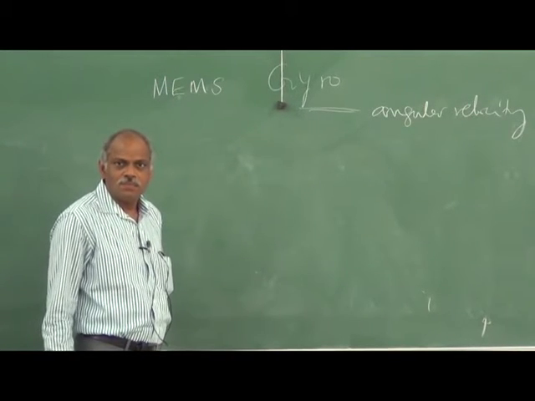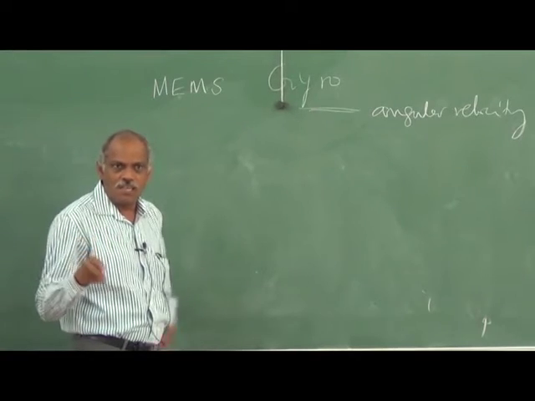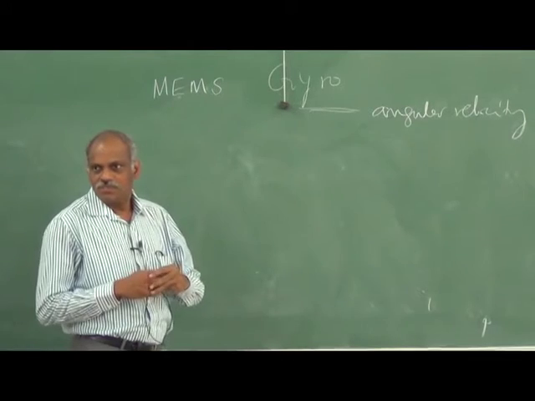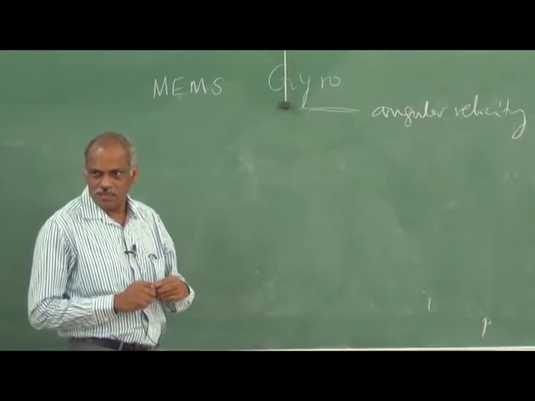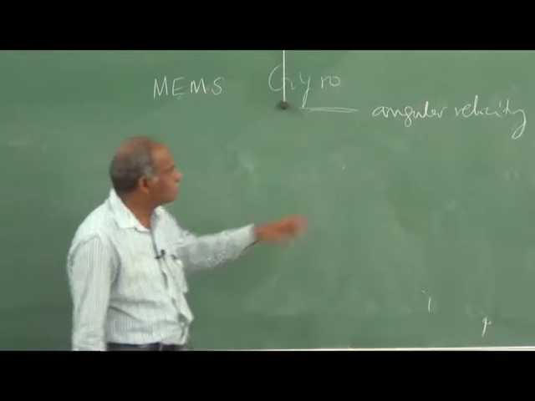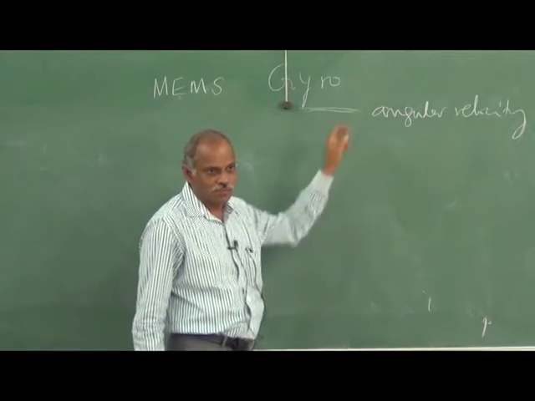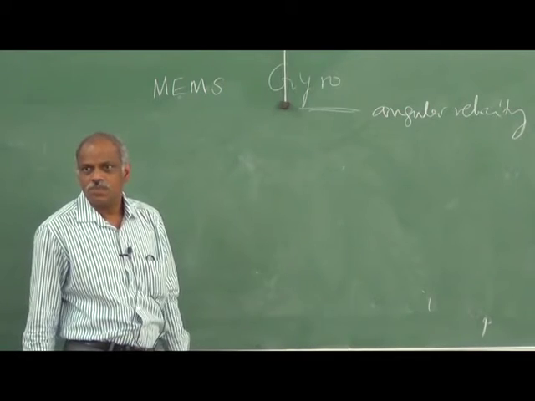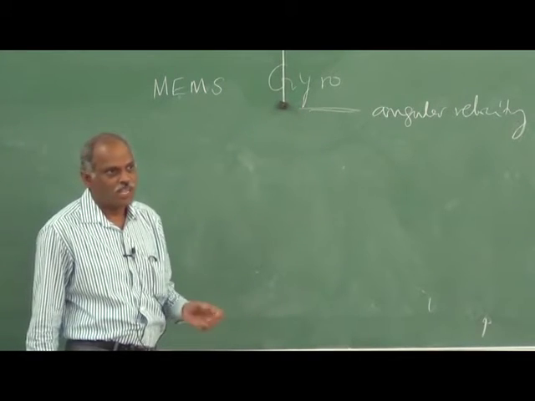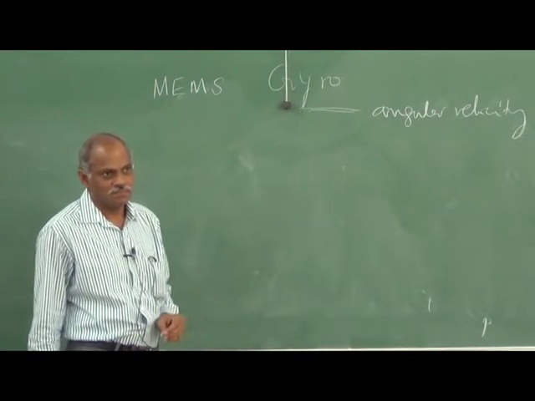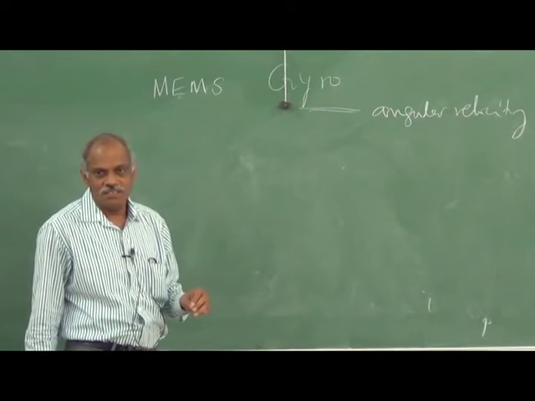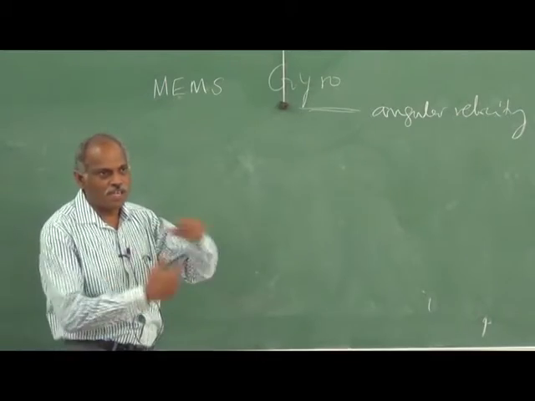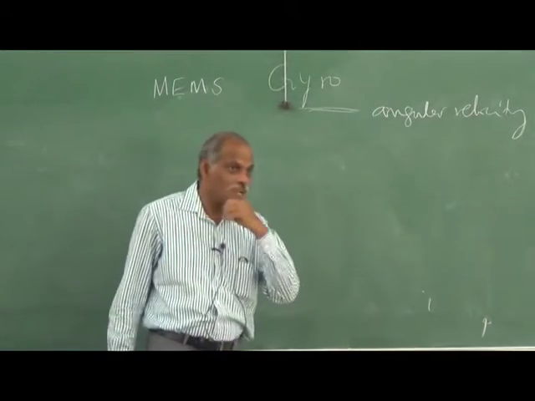Then these gyroscopes as such, they replace the spinning disc, they replace everything. Still, any sensor which measures the angular velocity is called a gyroscope. So you have MEMS gyros used in your cell phones, they don't have any spinning disc. But still, it became a generic name. Any sensor which is used for measuring the angular velocity is called a gyroscope.